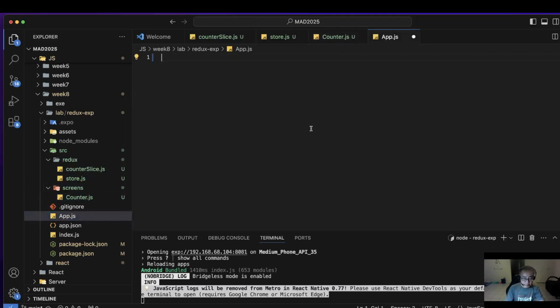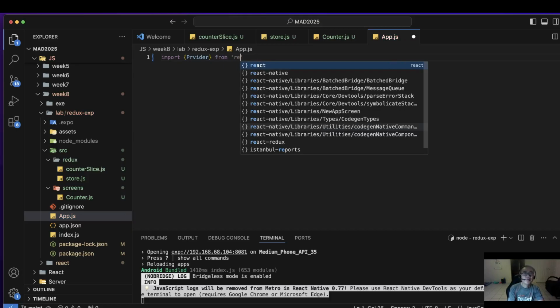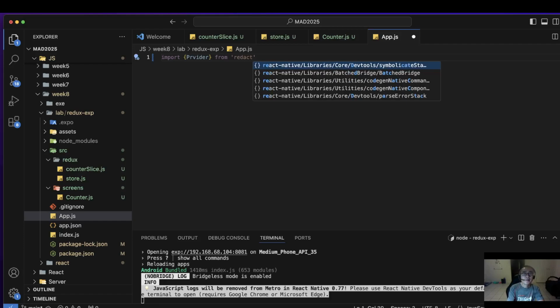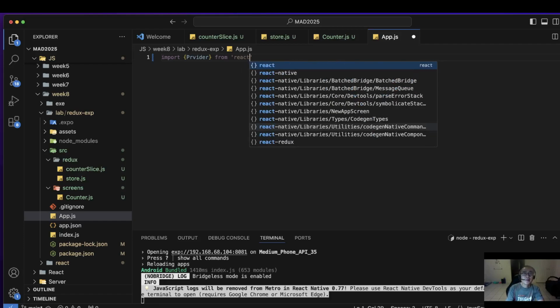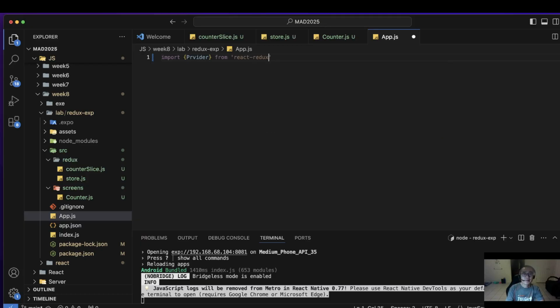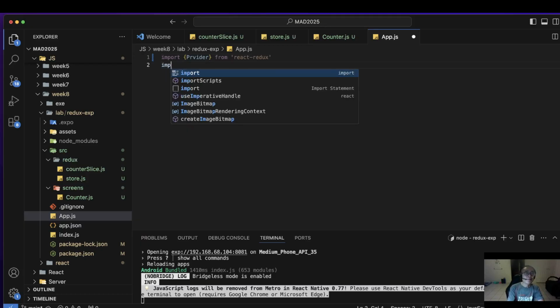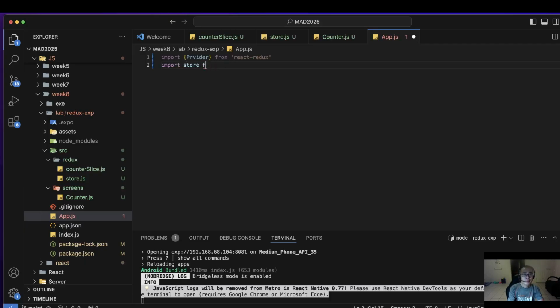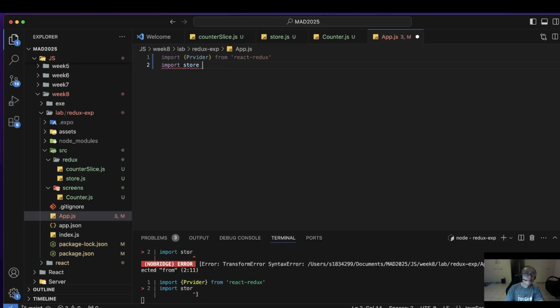Come to this, we need to import, first import Provider, right? From react-redux. Okay, and we need to import store. From